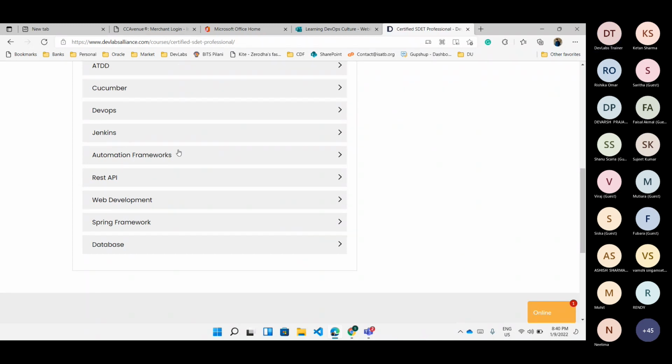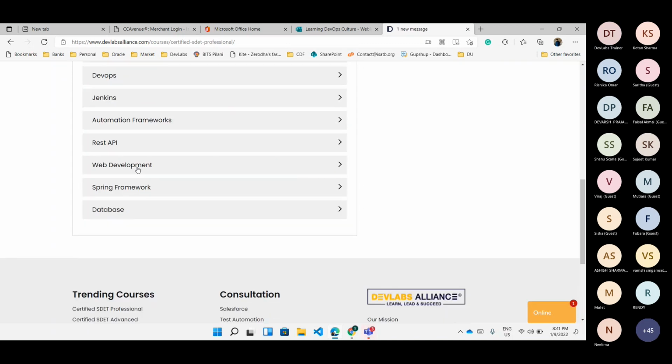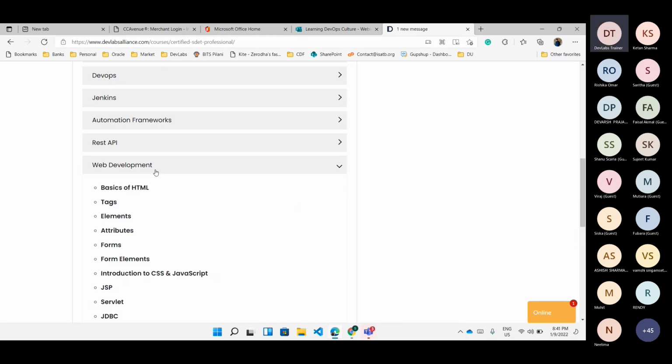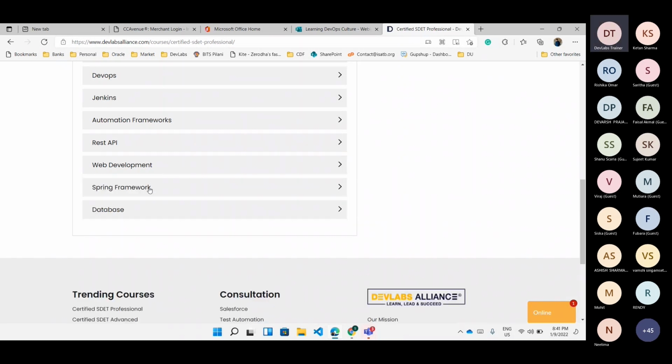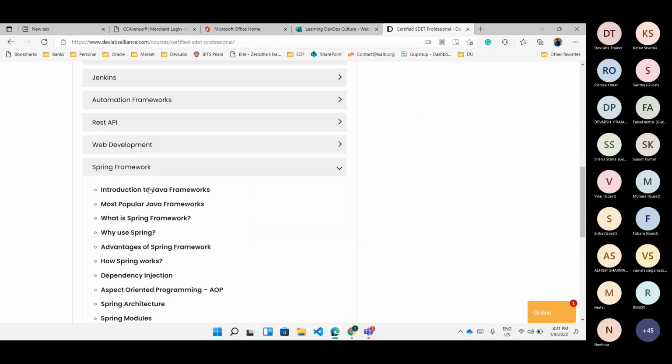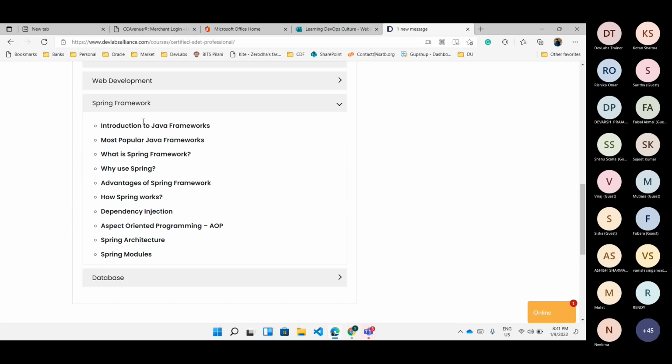We'll be learning how to write automation frameworks, and various types of frameworks we'll be covering. We'll be covering REST API: how to test REST API, what REST API means, and why they're getting so popular in the industry. And then we are covering some part of development also, where we'll be starting from scratch with web development, basics of HTML, CSS, JSP, servlets, and then touching upon the Spring framework: what Java frameworks are, what the popular frameworks are, what the Spring framework is.